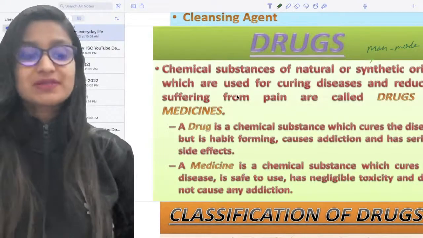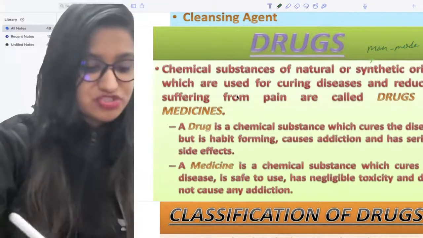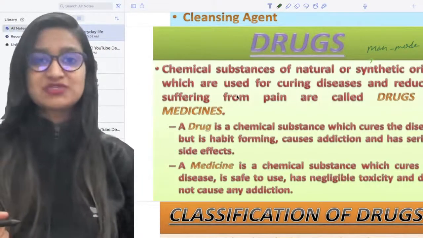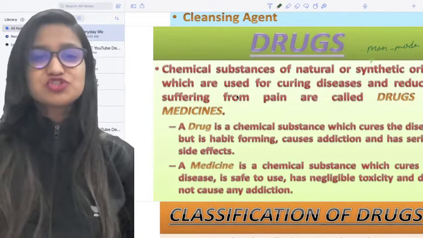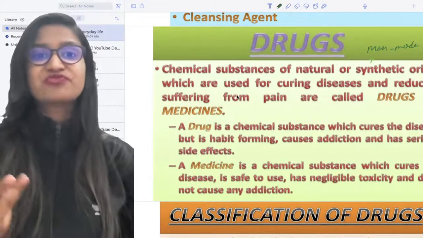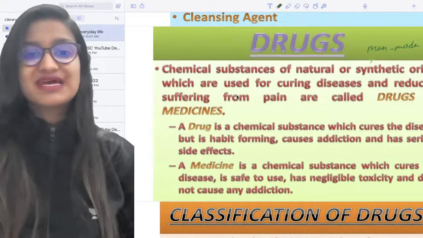Which actually is what you consider drugs, right? We will discuss those drugs as well, but again they are also used in some sort of way to reduce suffering, okay? They are also used in that sense, okay?